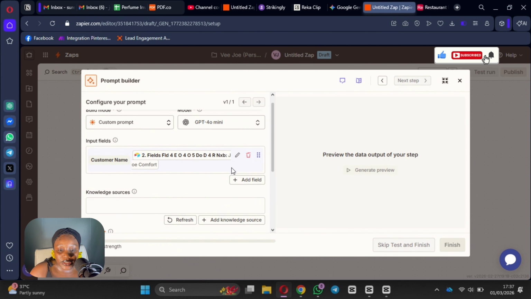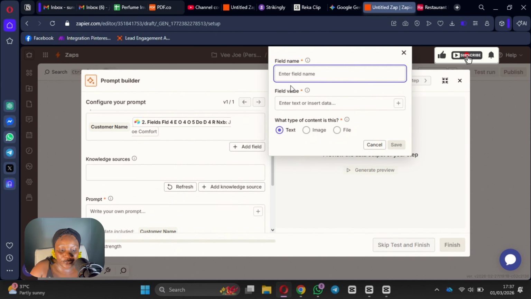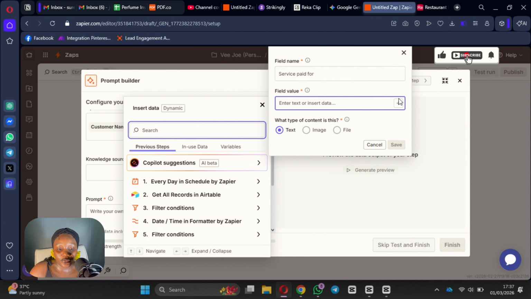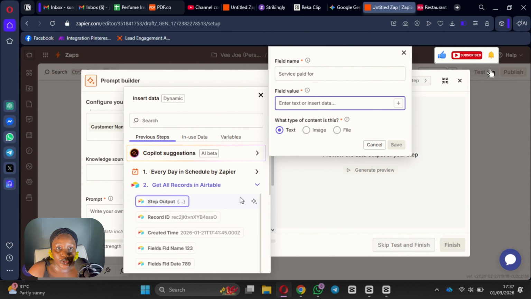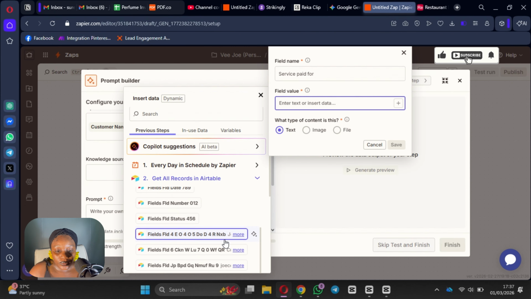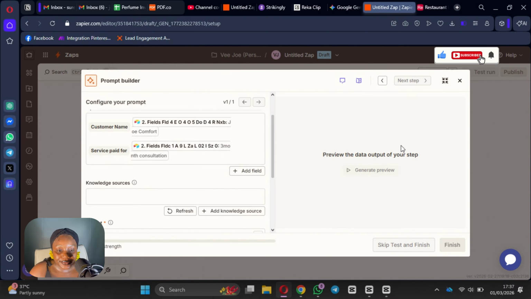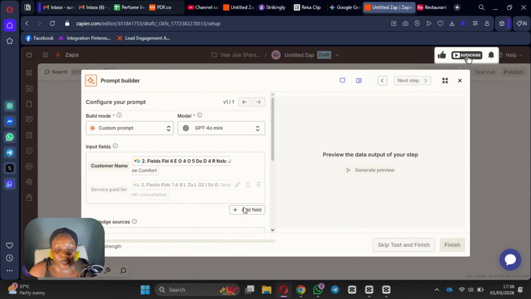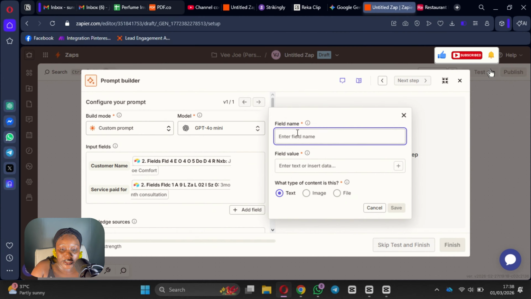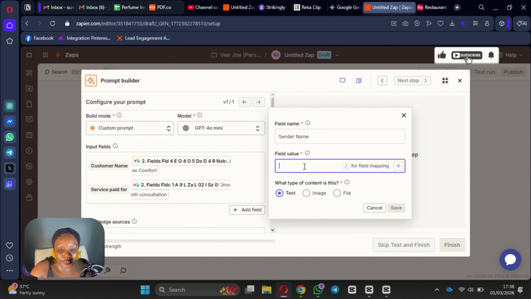That's the customer name. So the next thing we want to do is the service the customer paid for, just in case it might need information about the service they paid for previously, so it can know what's the best service to upsell to them again. So this is what the customer paid for, and the next field that we are going to add is going to be the sender name. We're sending the message, so we do my name,